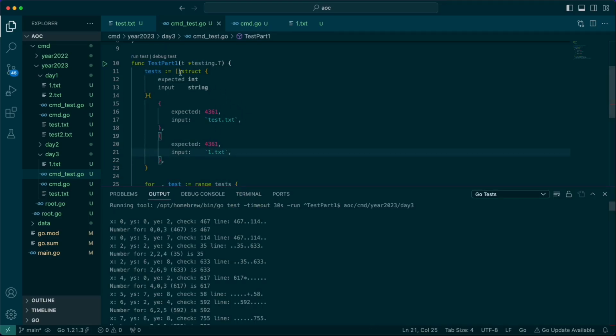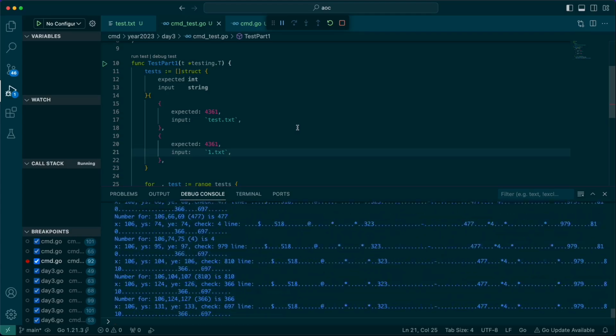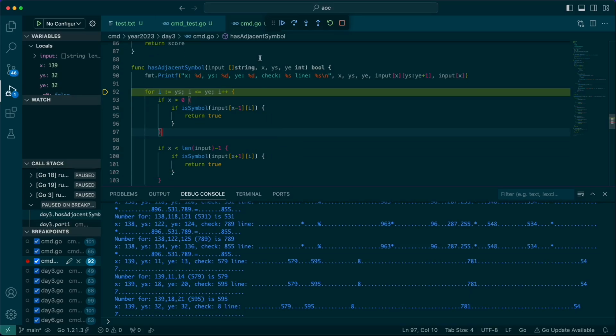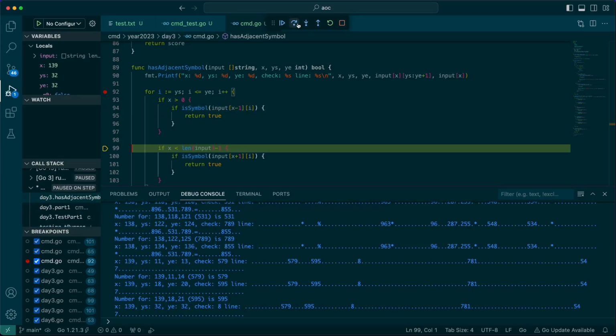And we're going to run this test. We're going to run it in debug mode. And what's going to happen is when we run it in debug mode, it runs the code until it hits the line where our Y start is 32. So we're going to jump in. We're going to check X. X is 139. So I'm just going to run through these. If X is that,